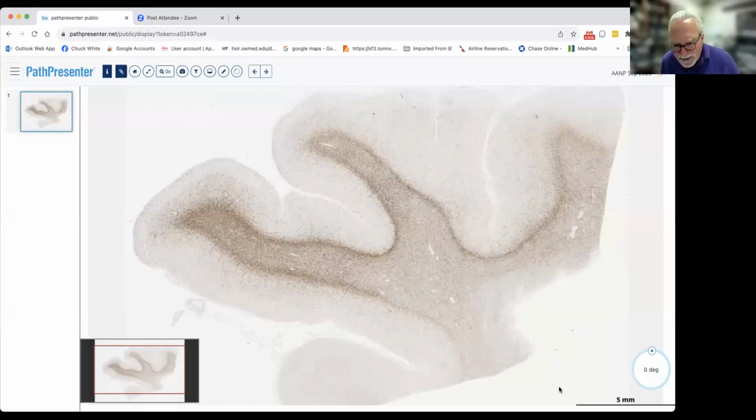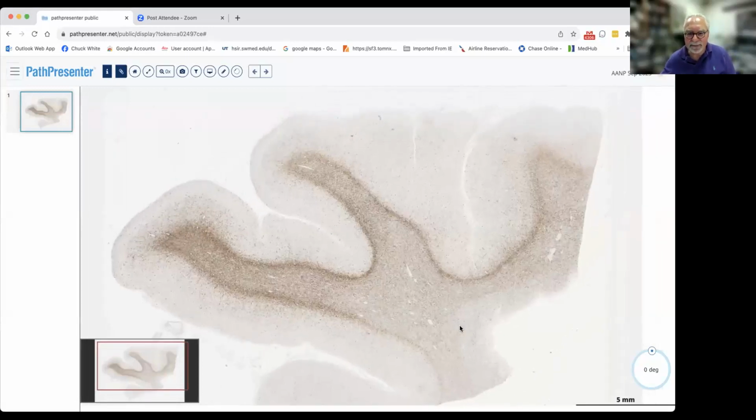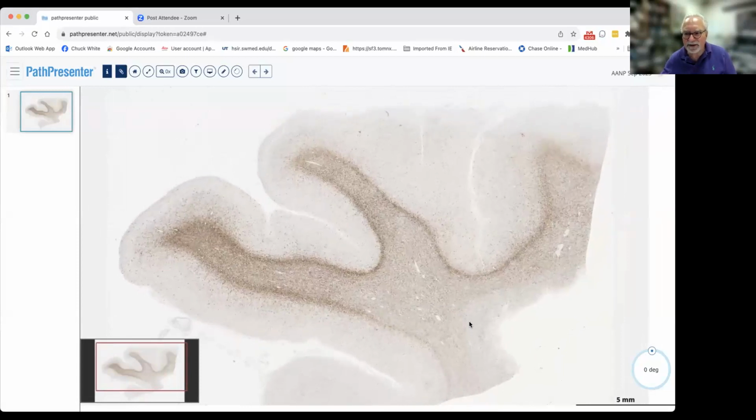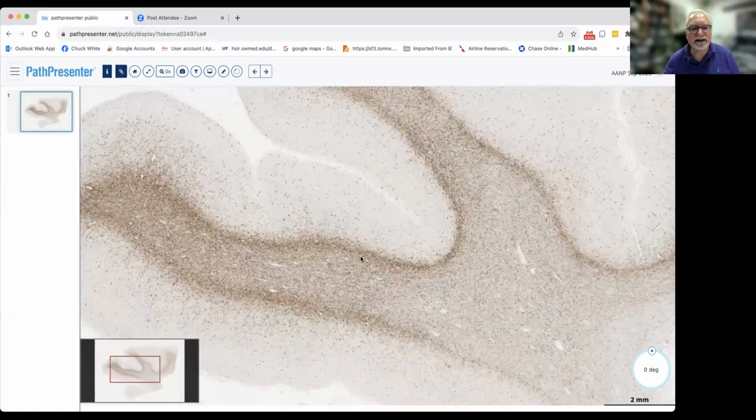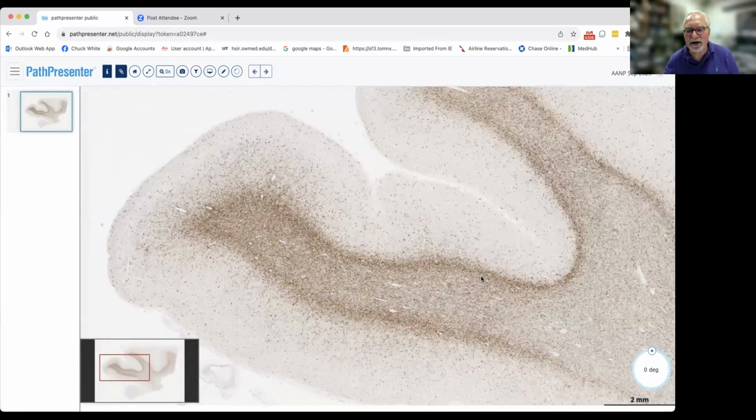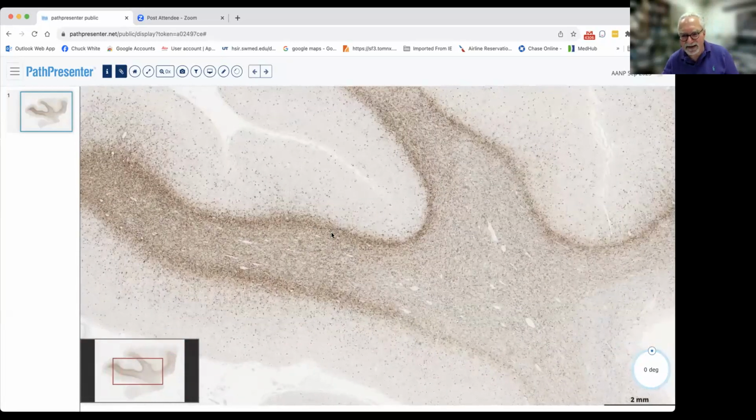Okay, here we go. This is the virtual slide that I included for you all. And I'm happy for anyone to shout out what they think the diagnosis might be if you've had a chance to look at this. I could call on you if we were present in the same room. Okay, I'm going to tell you what this case is.